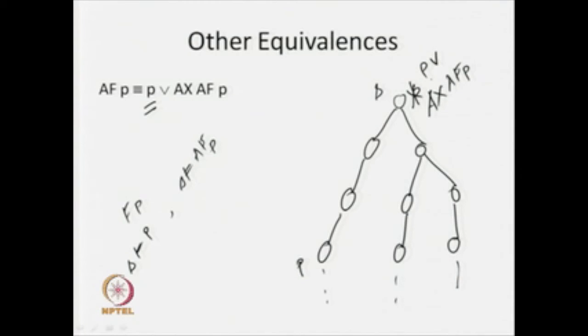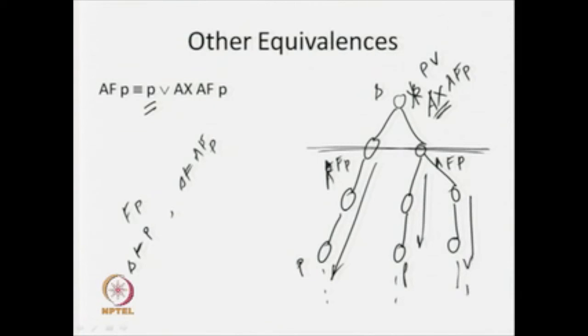So, if P is not true, then I am going to look for this particular component in all paths in next state whether AF P holds or not. In all paths in future, whether in next state AF P holds or not. When will AF P hold? If I am going to get some future state where P is true. So, this is the way that we are going to say that AF is expressed with the help of AF only, but along with that particular AX operator.